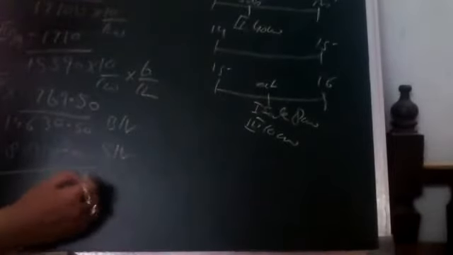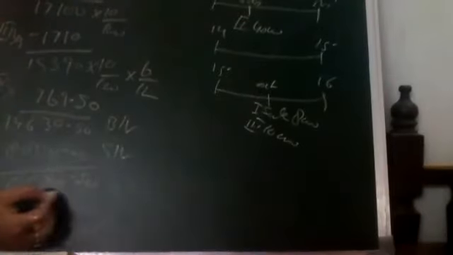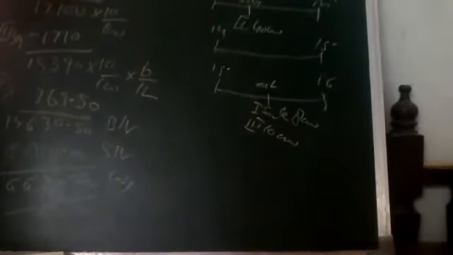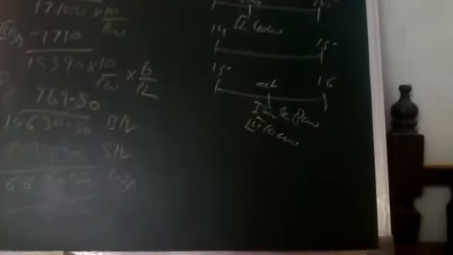That means we are selling our machinery with loss. Loss of how much amount? 6,630 rupees 50 paisa loss. You all note it down. Then we will continue next. Note it down very fast because I'm going to ask you.